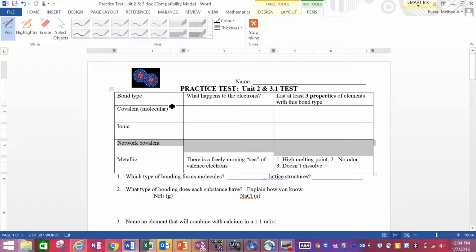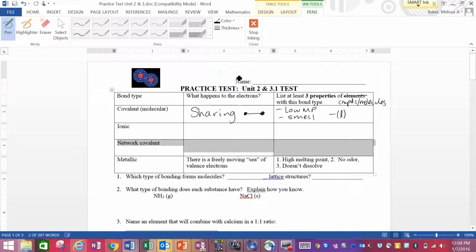Okay, so we've been talking a lot about covalent bonds lately, and those are bonds in which electrons are being shared. That's why we always draw the line between the two dots. Some properties of elements with this bond type. This should really say compounds or molecules. Just going to fix that really quick here. Okay, so some properties are, this is back from Unit 2, they have a low melting point, they smell, they're